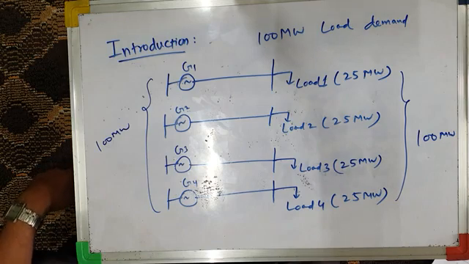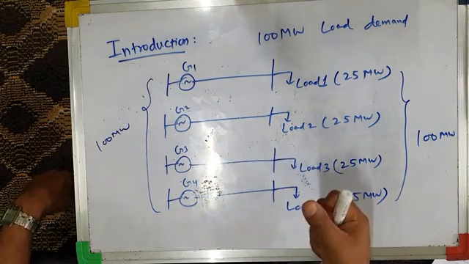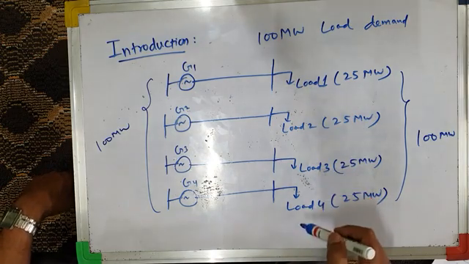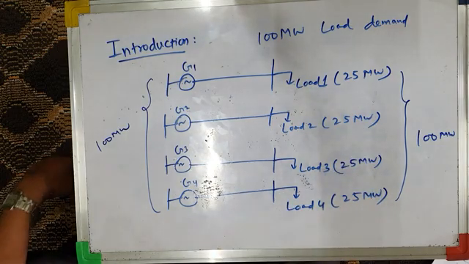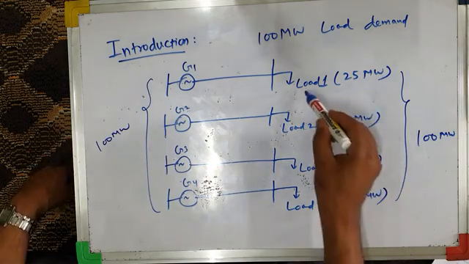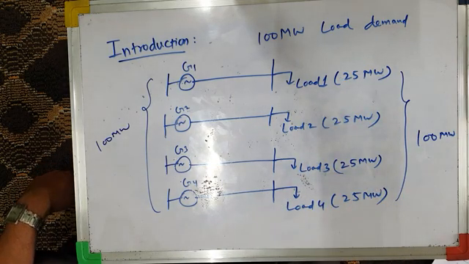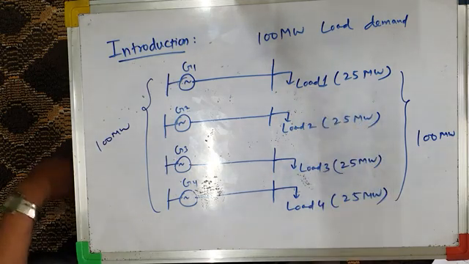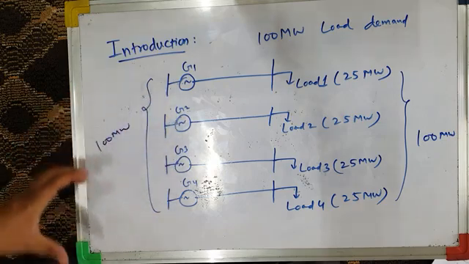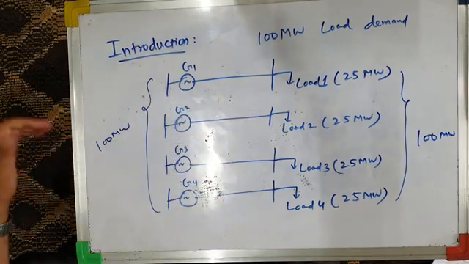And we know that these loads show some diversity. Diversity means at any instant of time, load 2 may be requiring peak, and at that time, load 1, load 3 and load 4 may not be requiring peak power of 25 megawatts. Let's say load 1 has a load of only 10 megawatts, load 3 has a demand of only 5 megawatts, and load 4 has a demand of 15 megawatts, whereas load 2 has a peak demand of 25 megawatts. So this diversity of loads is not taken care of by these radial transmission systems,